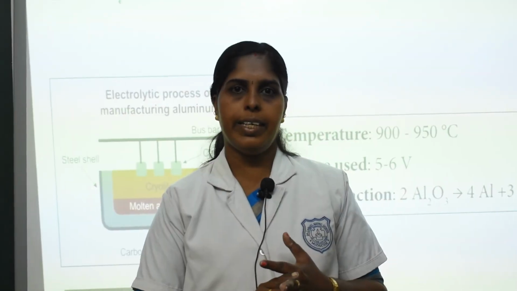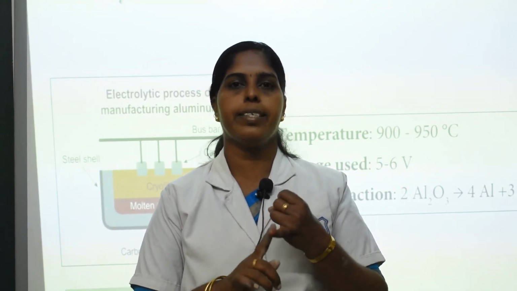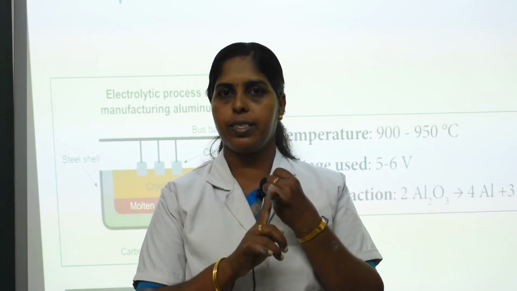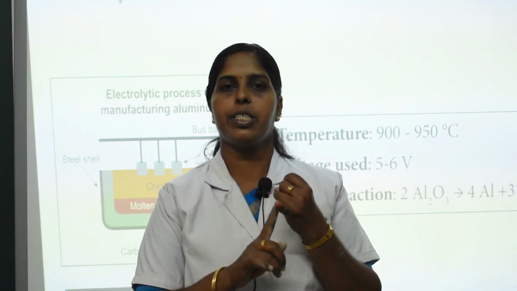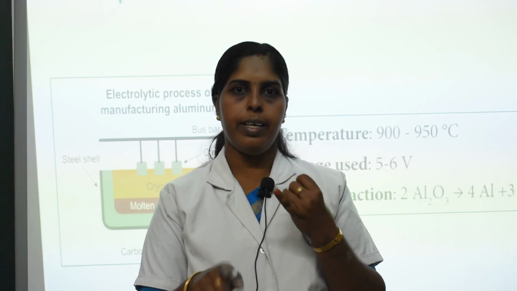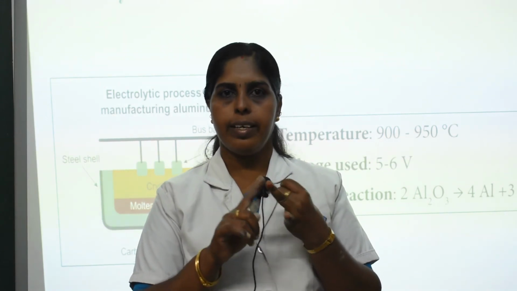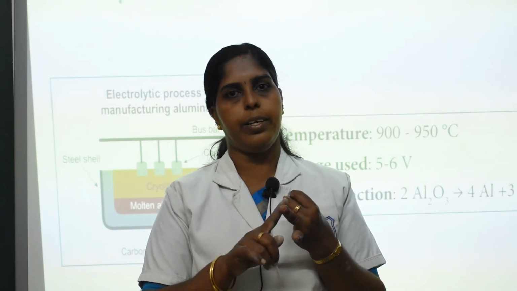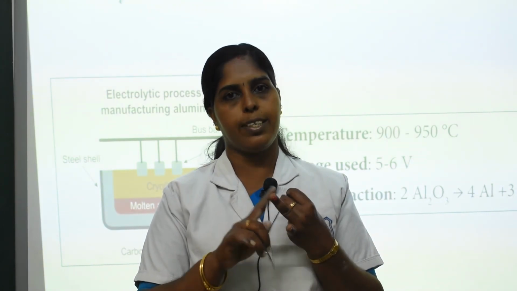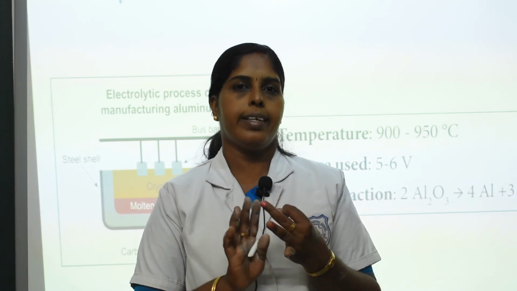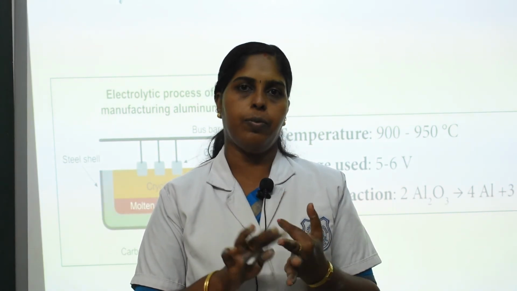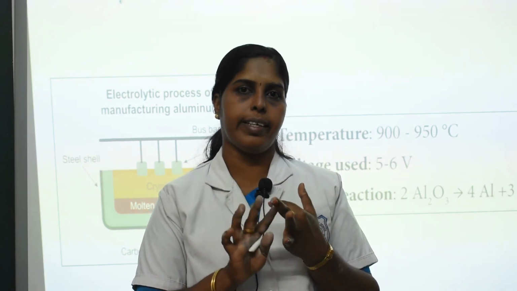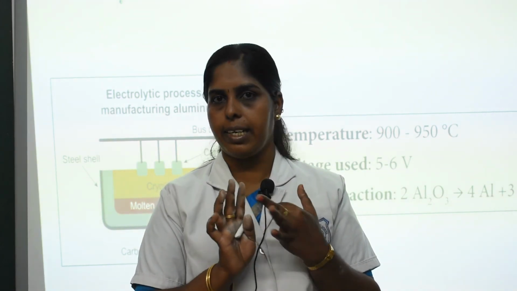We have learned about the extraction of aluminum. Extraction is carried out by two processes. The first is the Bayer process, the conversion of bauxite into alumina. The second is electrolytic refining, in which alumina is electrolytically reduced to aluminium. Next we see the properties of aluminum. It is a silvery white metal. It is lightweight, conducts heat and electricity, and has a shiny appearance.